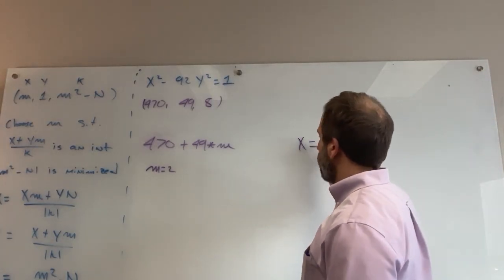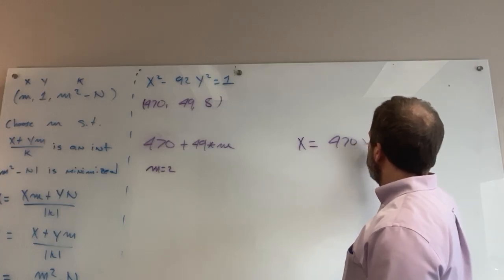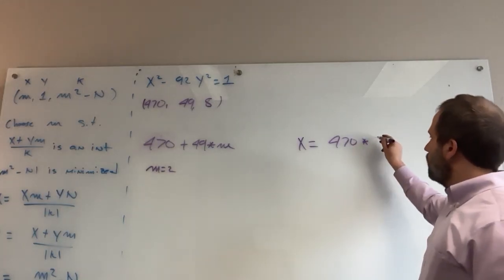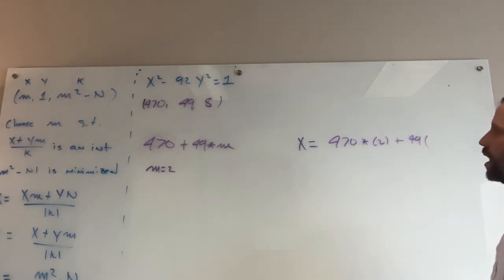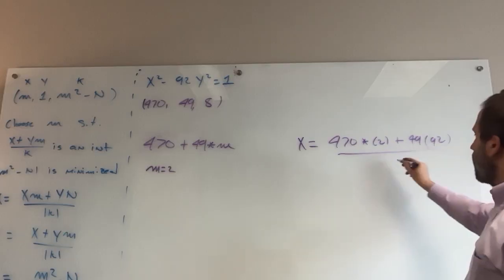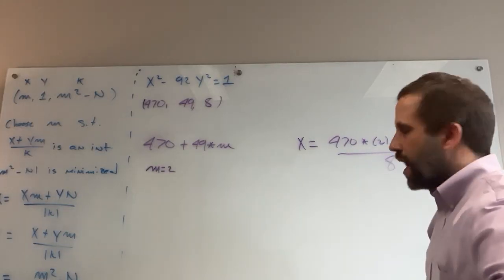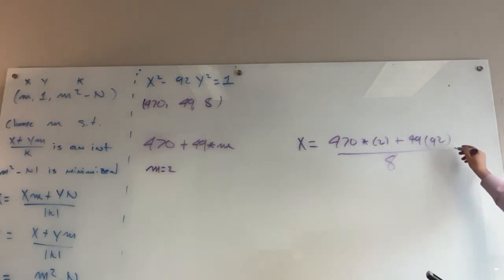So our new x is going to be our old x, which is 470, times our m, which is 2, plus our old y, which is 49, times 92, and we divide by the absolute value of k. So we're going to have 470 times 2 plus 49 times 92, and that, divided by 8, we get